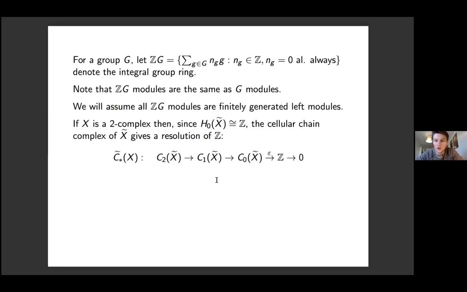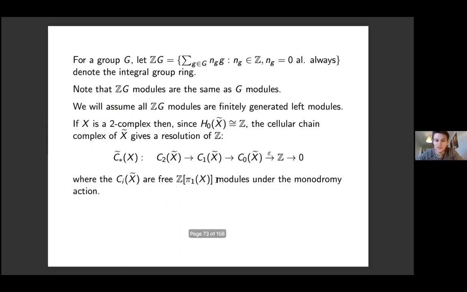Exact sequences of this kind you call a resolution. And since we have the universal cover, this has an action from the fundamental group pi1 of X by monodromy. In particular, we can assume that the action is free on the cells,